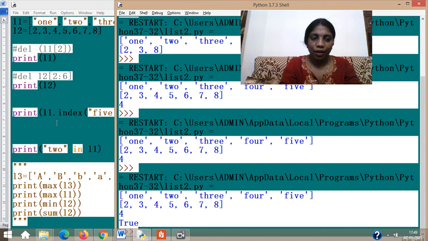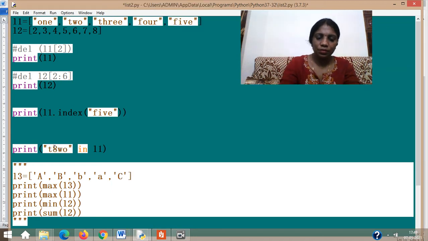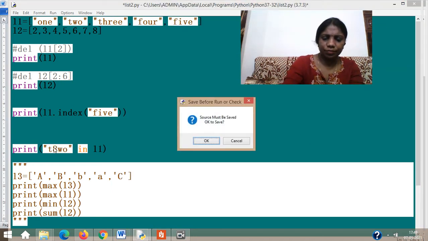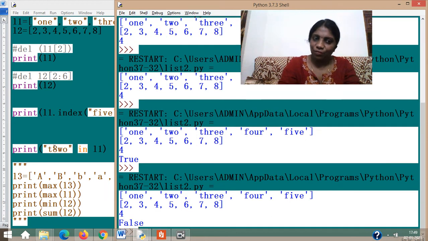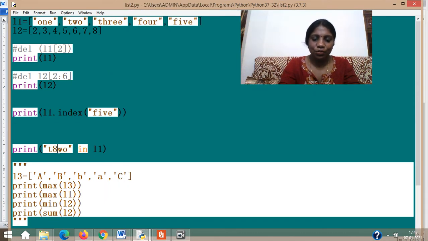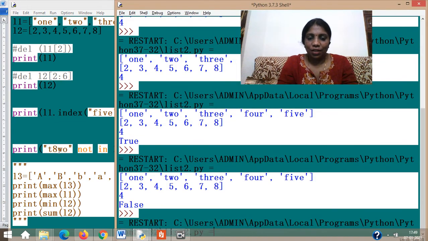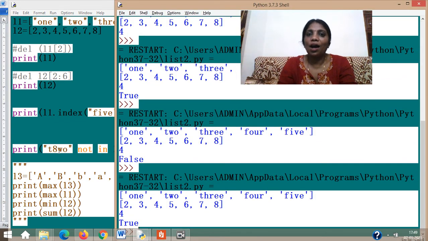See, if I write such a string that is not there, false. Now I can also check not in, and that will give you true because such a thing is not there. So I can answer output-section questions this way also. You should be ready to do this kind of answer also.